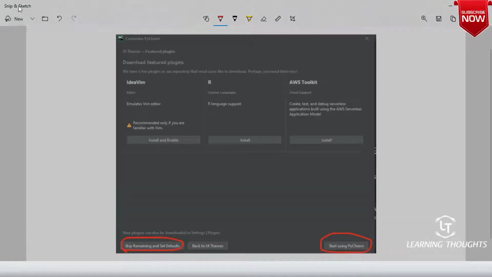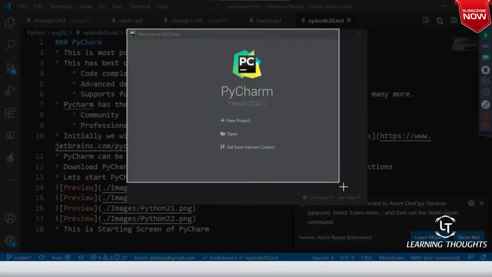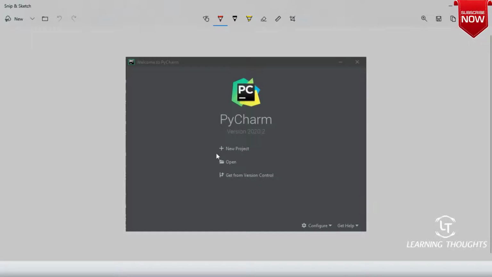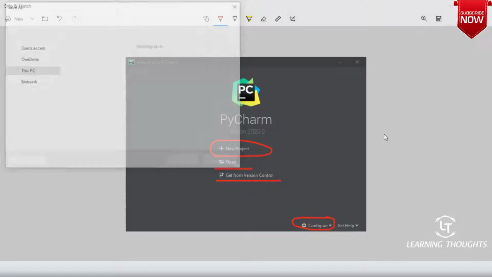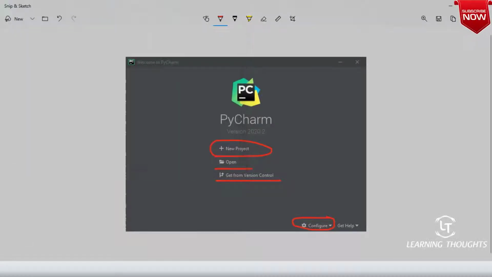From here is what we basically deal every time. From here, you can create new projects. You can open existing projects. You can get it from version control, and then you would have something like configurations, or you can get the help also. This is a screen which you would see all the time whenever you try to launch PyCharm.